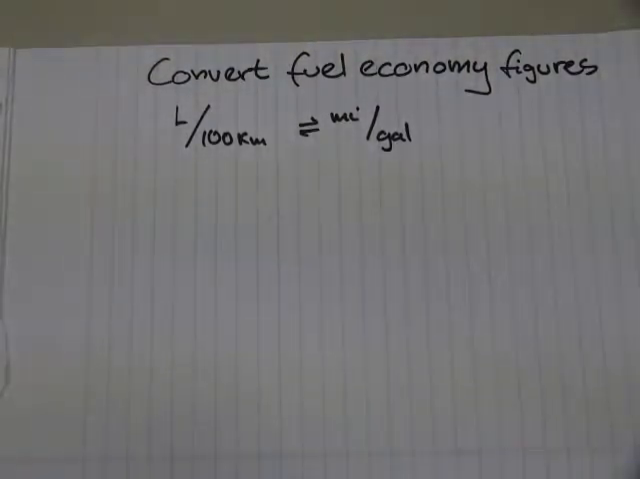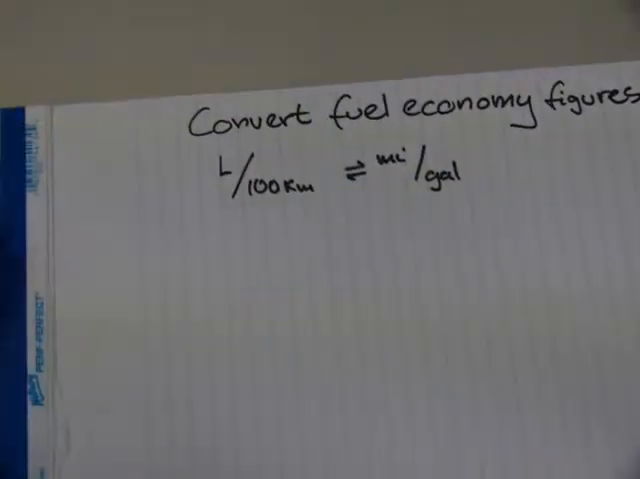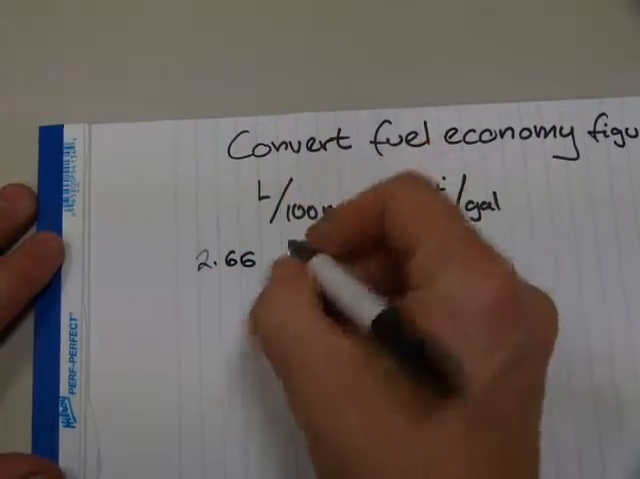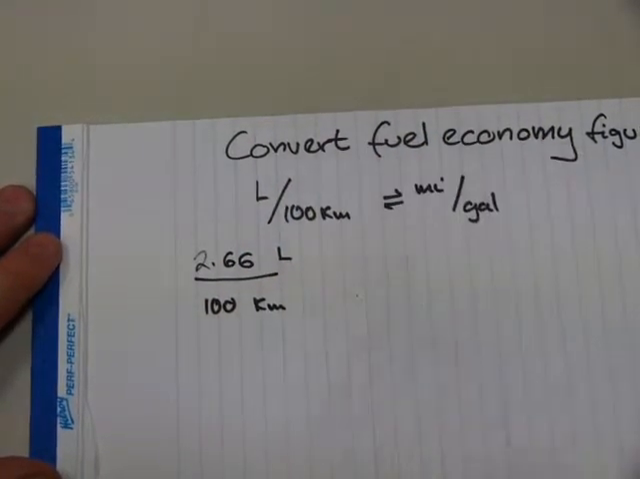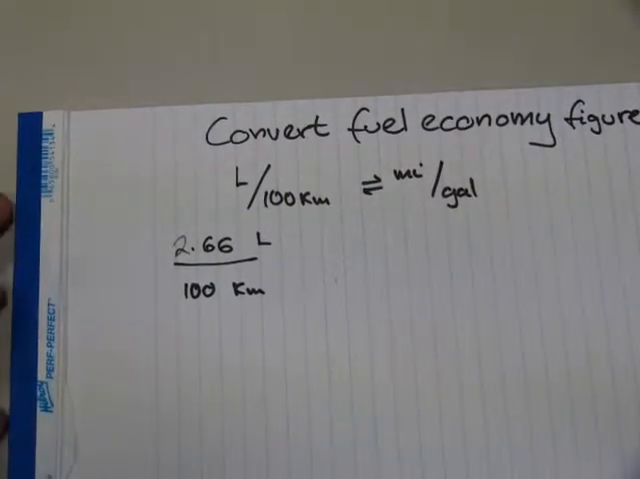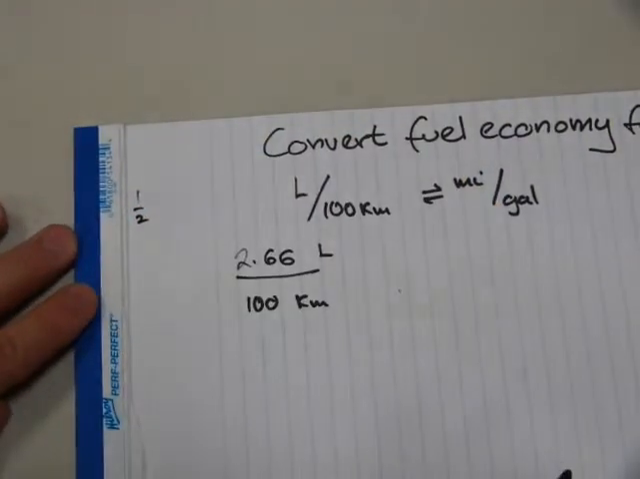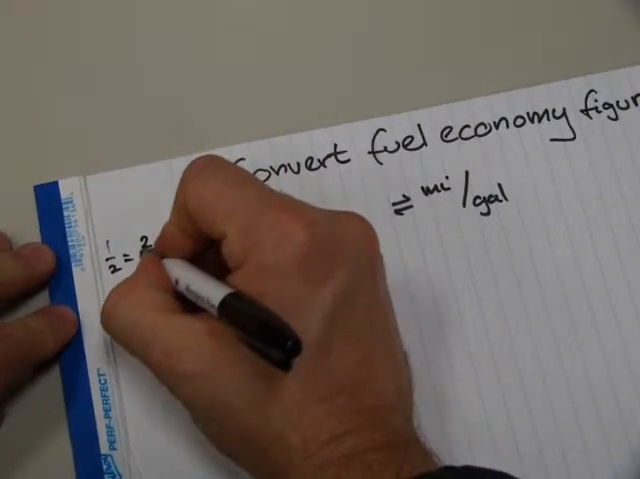In this video I'll show you how to convert these fuel economy figures from liters per 100 kilometers to miles per gallon and back. Let's get started with my bike here. It's got 2.66 liters over 100 kilometers. And I'm going to treat it like we do equivalent fractions. Remember equivalent fractions from middle school? For example, we had 1/2,